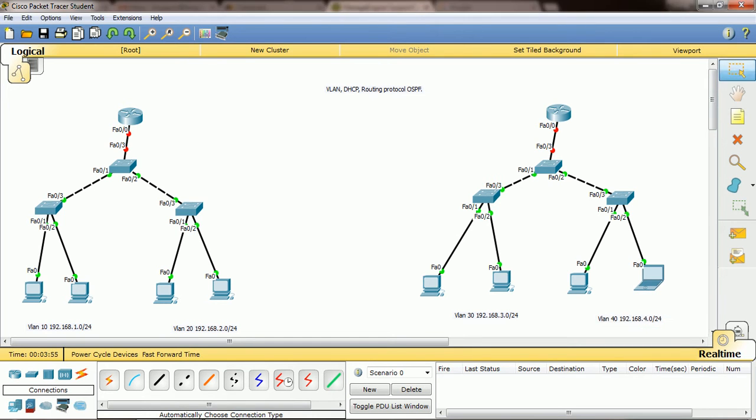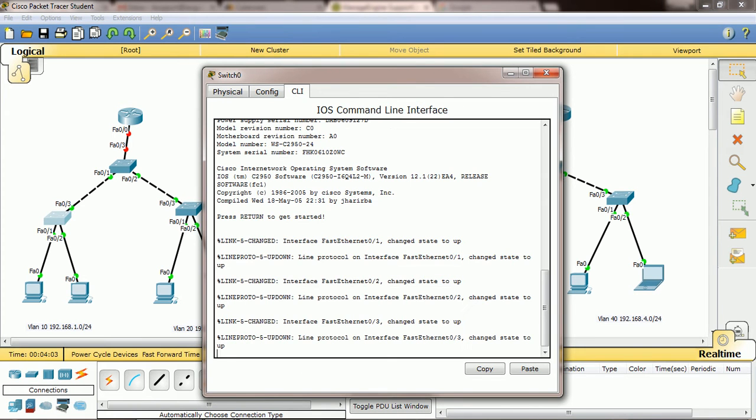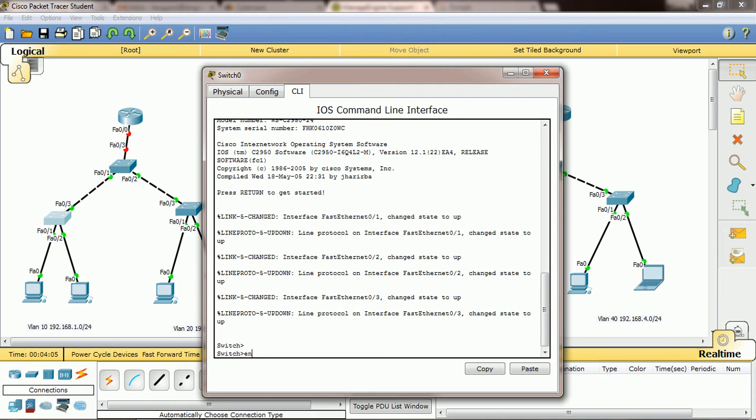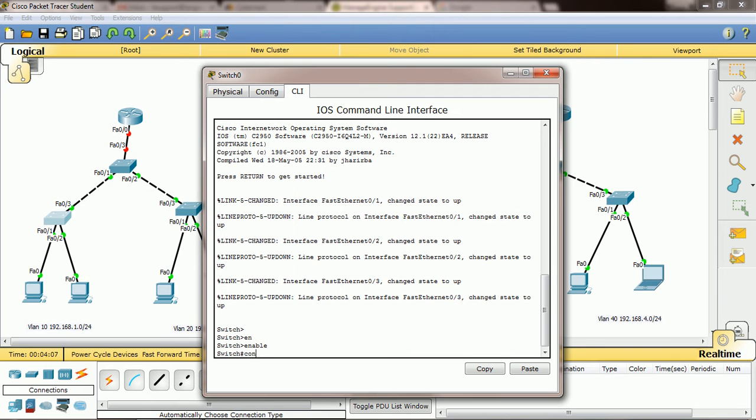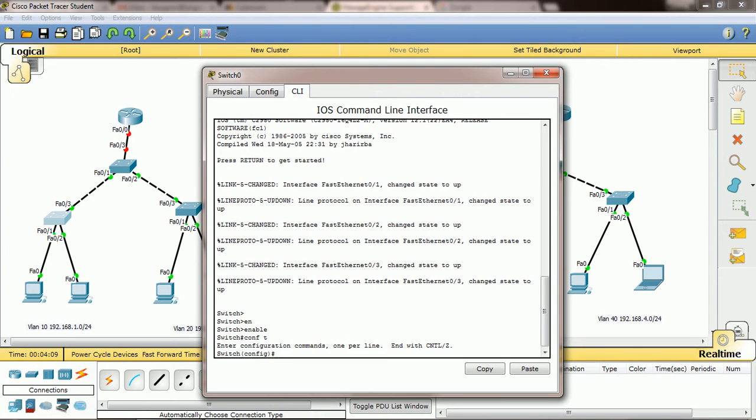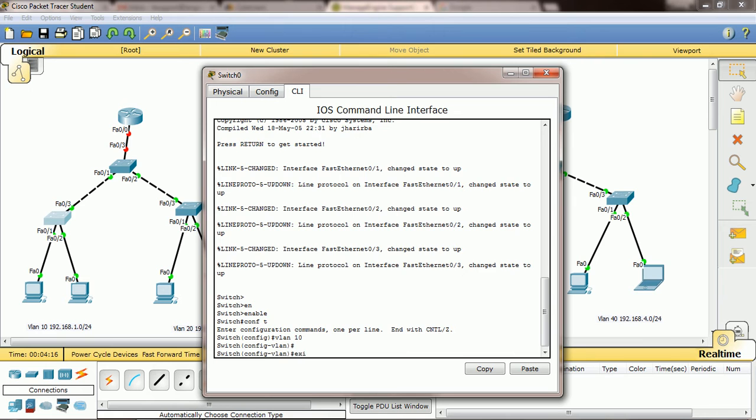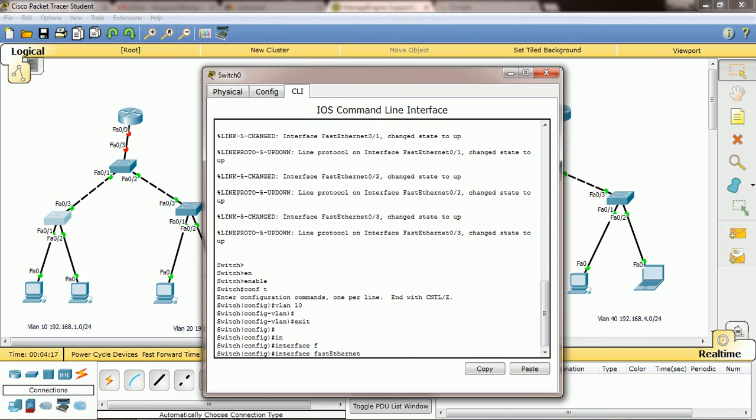So once you draw the diagram, you know what are all the things you need to do in this, right? First we need to create VLAN in this switch, and we need to assign the interfaces into that VLAN. I just entered global configuration mode. We need to create VLAN 10 in this switch, right? Then exit, then enter into interface fast ethernet. So here what we need to do is assign these 3 ports into VLAN 10, right?